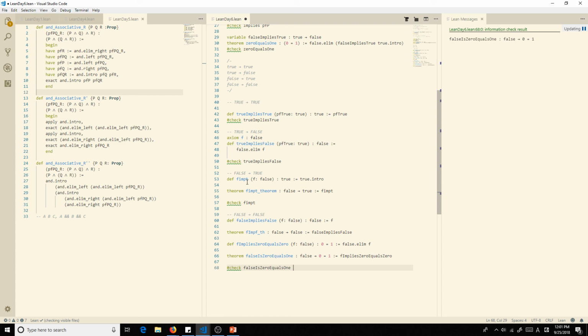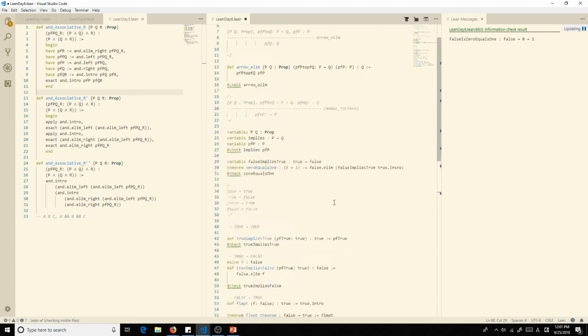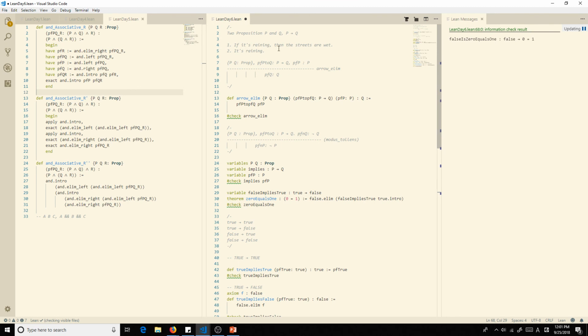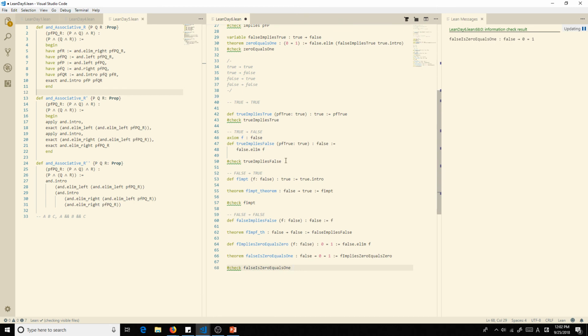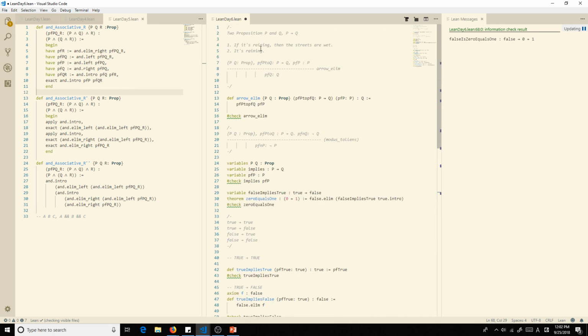False implies true is when sometimes this didn't quite work. It's not raining and the streets are wet, right? It could have just rained and the streets are still wet, right? But then we had the true implies false, and we knew that just totally broke down. So it's raining and the streets are not wet.